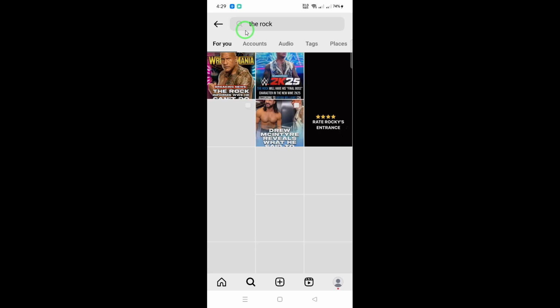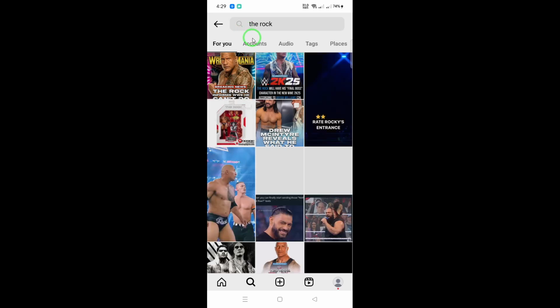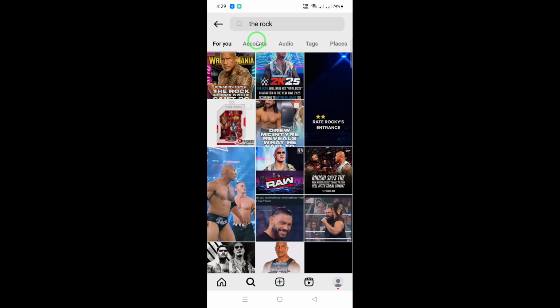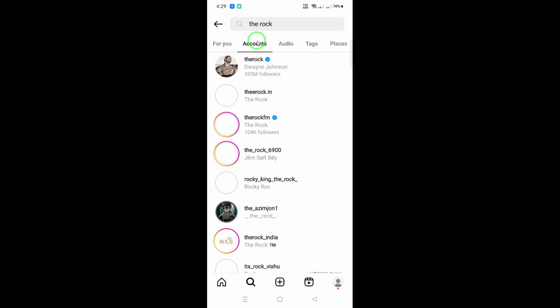You can refine your search by selecting from the options provided, such as accounts, audio, tags, or places. This helps you narrow down the results to exactly what you're looking for. For example, if you're searching for a specific account, you can select the Accounts option to see a list of